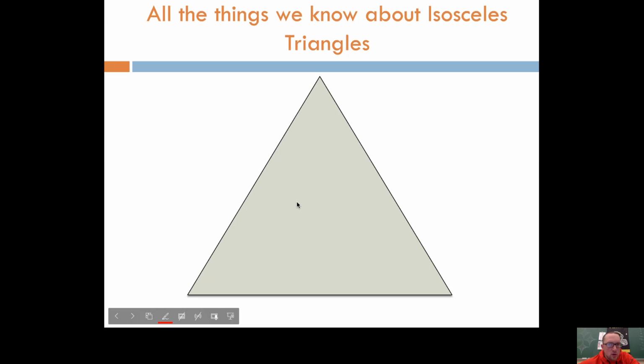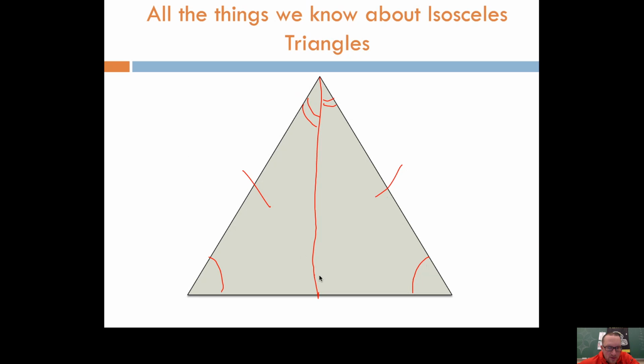So here's all the things you know about an isosceles triangle. Those sides are congruent. We have an isosceles triangle theorem that says, well, then these angles are congruent. We also have this other theorem that says, well, if you put this segment down here so that this angle gets bisected,